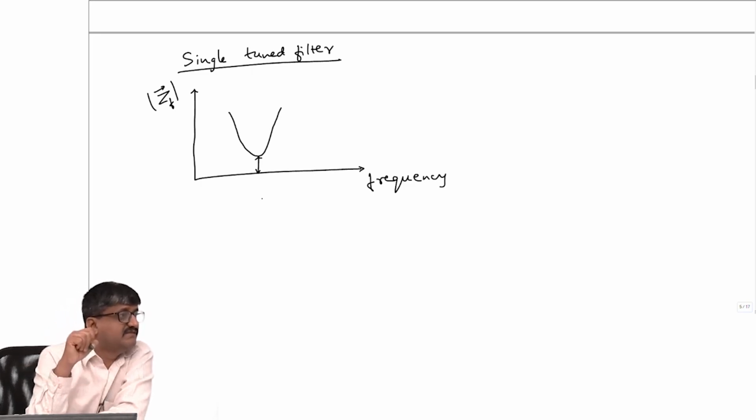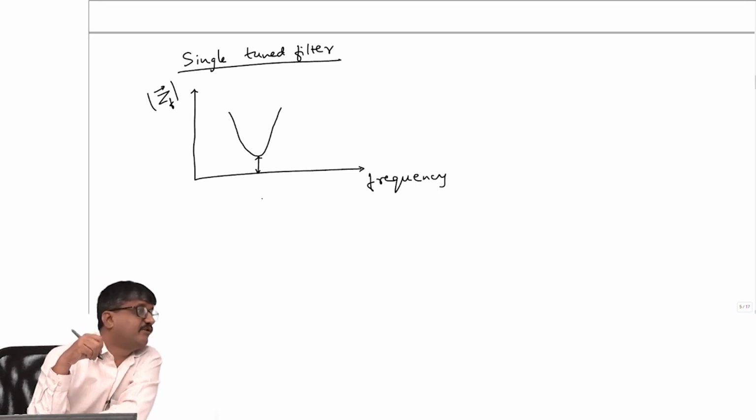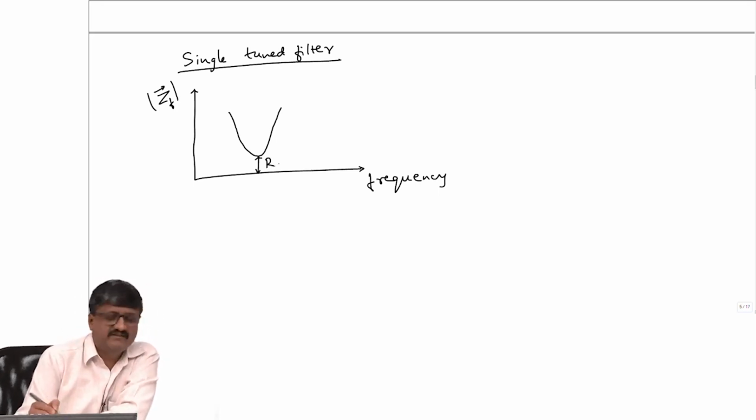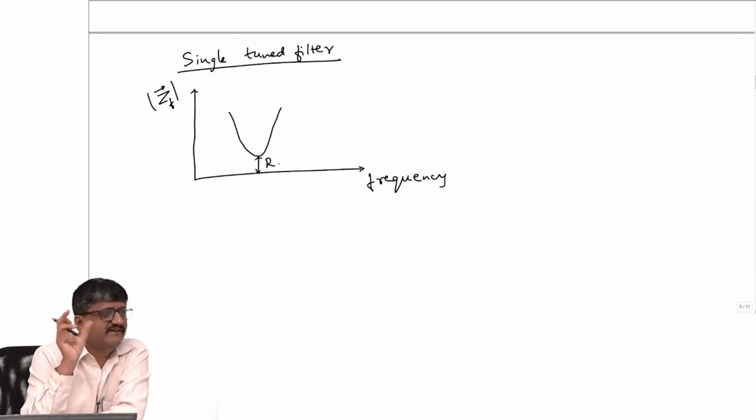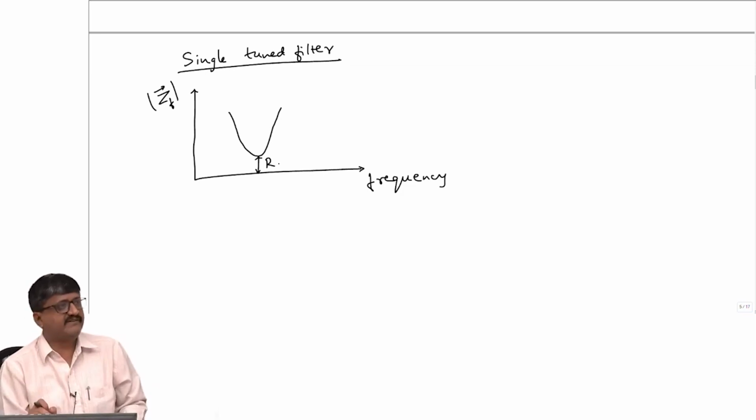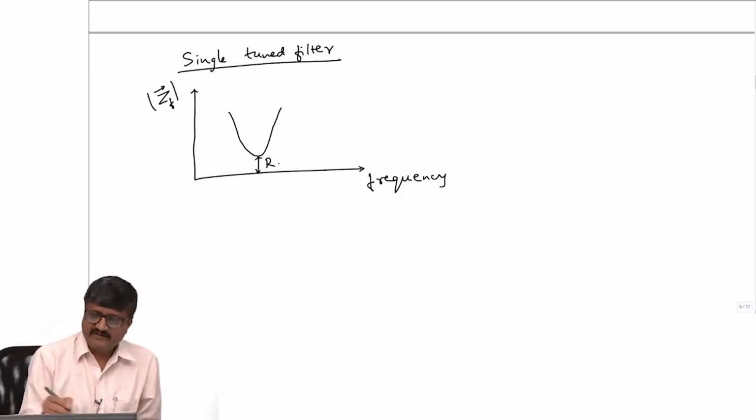Resonant frequency. What is the value of the impedance? It is equal to R. It is just R. The effects of the reactances of the inductor and capacitor will be the same at the resonant frequency. Now, for a double tuned filter,